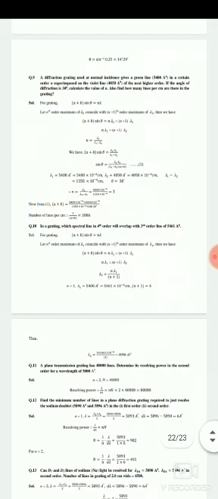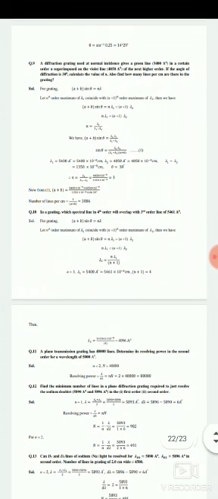A diffraction grating used at normal incidence gives a green line of 5400 angstrom in a certain order superimposed on the violet line of 4050 angstrom of the next higher order. If the angle of diffraction is 30 degrees, calculate the value of n. Also find how many lines per centimeter are there in the grating. Here two wavelengths are given. First of all, we have used